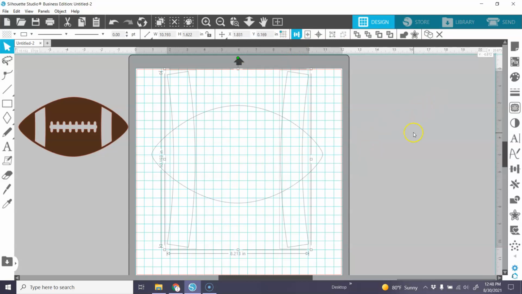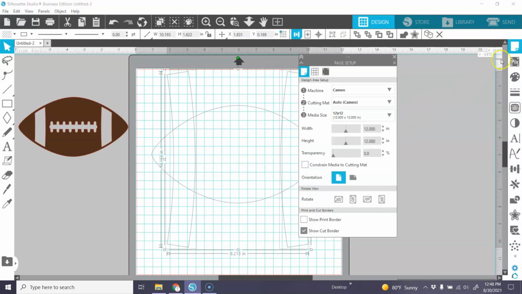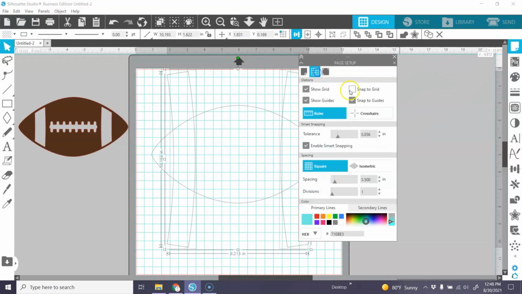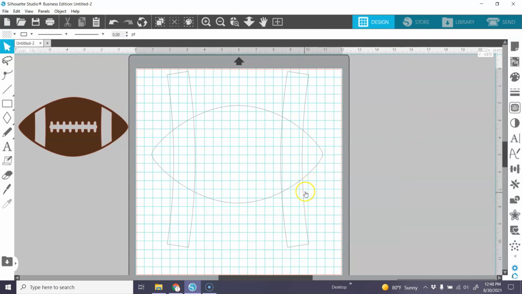But what I have with that blue line is called smart snapping, and you can enable that smart snapping in your page setup panel. Go to this little grid and click on enable smart snapping,